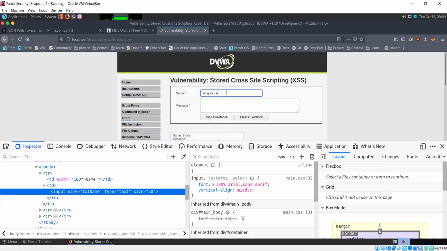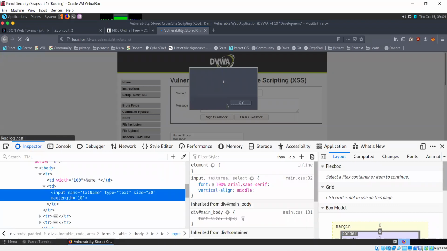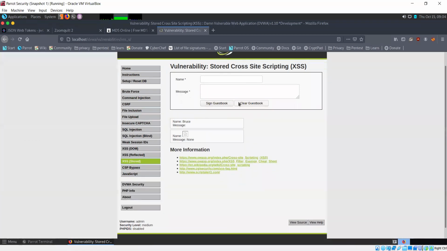Now if I try entering and sign guestbook now, it's working. So you may come across a lot of different situations where something is restricted, but you can bypass it by making some simple changes on your end.